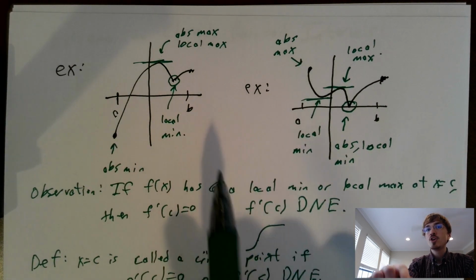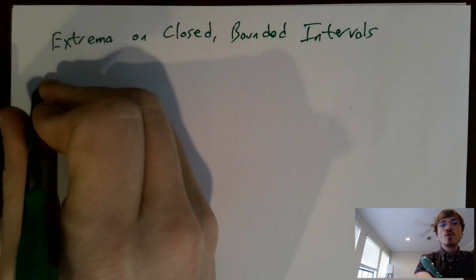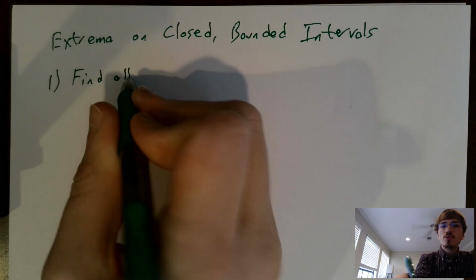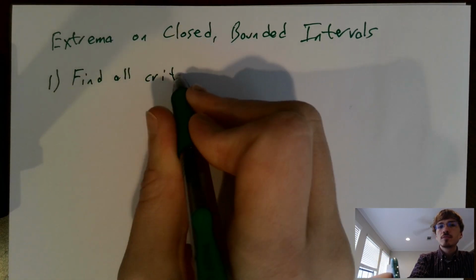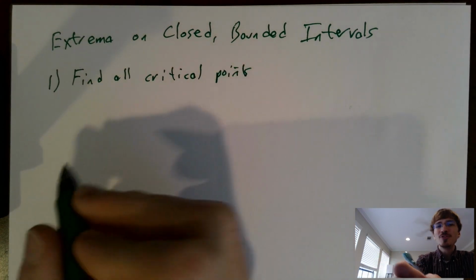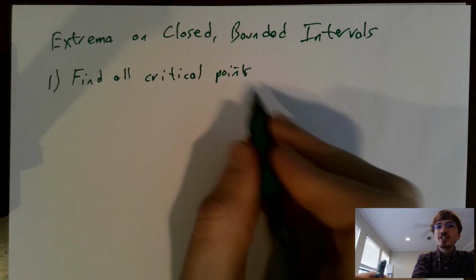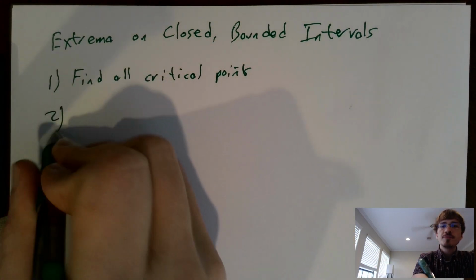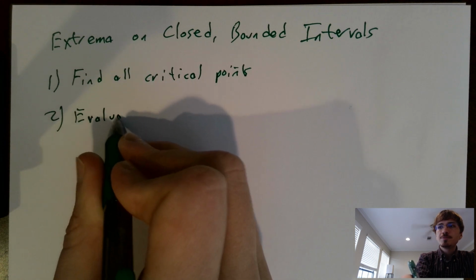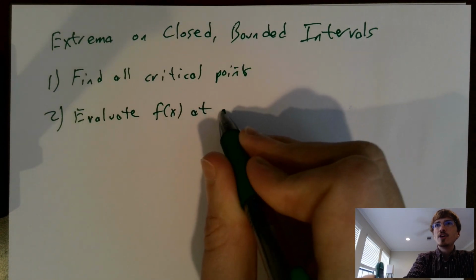Yeah? So if we want to find the absolute mins and absolute maxes, we need to do the following. One, we need to find all critical points. Yeah, because maybe we can't graph it, and that sounds hard, right? We'll graph later, but for now, if we can't graph it, we'll have to do this algebraically. So let's find all critical points. Two. Let's make a table. Let's evaluate f of x at all of the critical points